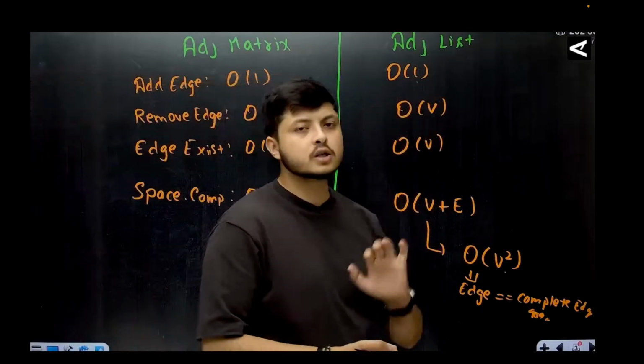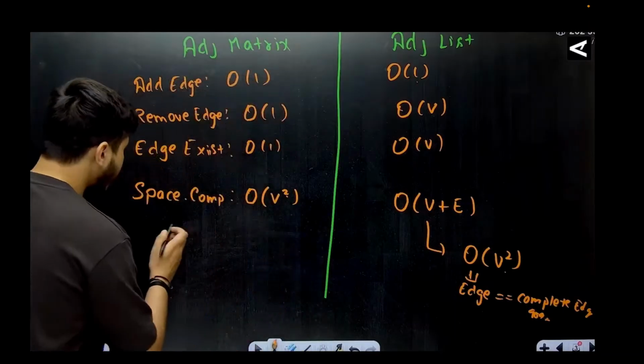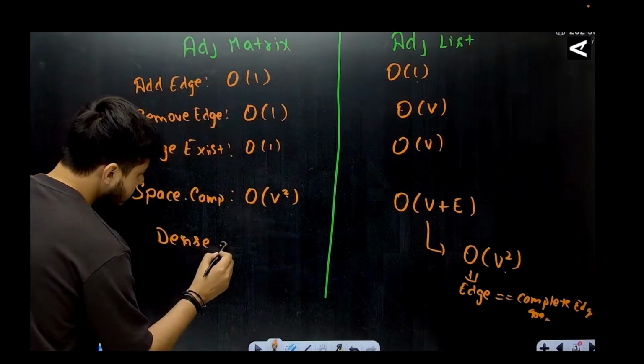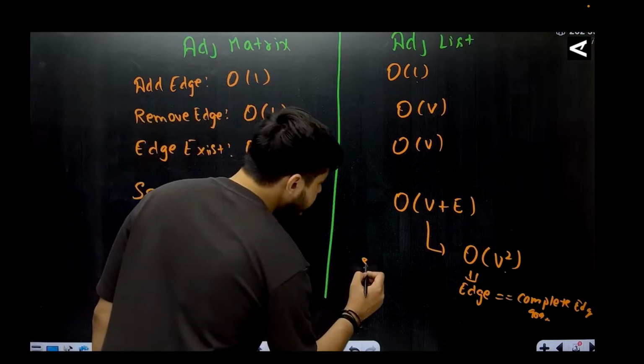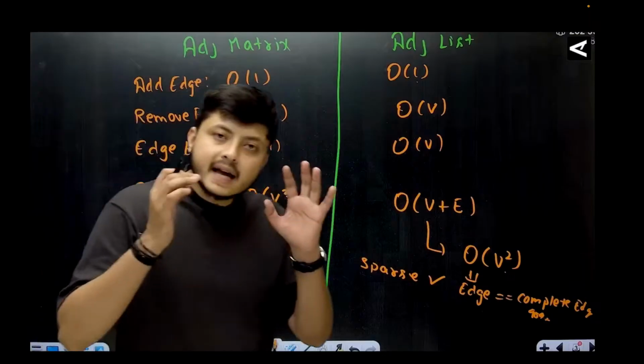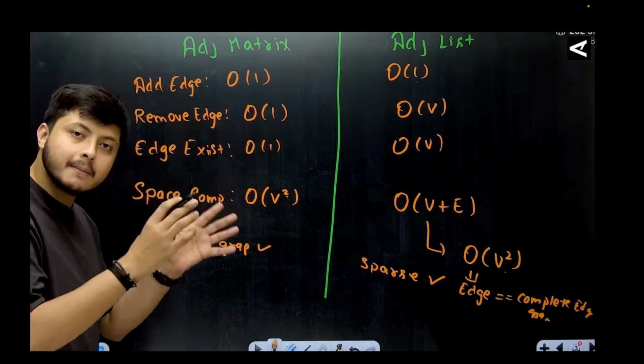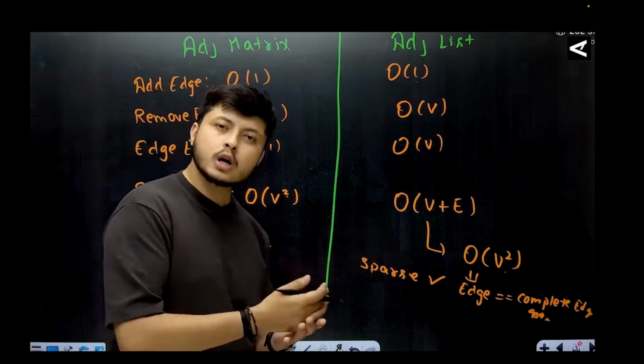अब मैंने ये स्टेटमेंट की बोली कि आने वाली जो हम प्रॉब्लम करेंगे उसमें एडजेंसी लिस्ट को ही ज्यादा प्रेफर करेंगे एज कंपेयर टू एडजेंसी मैट्रिक्स। देखो इसका कोई ऐसा हार्ड रूल नहीं है, इसके भी केसेस है। अगर आपके पास ग्राफ डेंस है, डेंस ग्राफ है, तो आप इसको प्रेफर करोगे, और अगर आपके पास स्पार्स ग्राफ है तो आप एडजेंसी लिस्ट को प्रेफर करोगे। ये डेंस ग्राफ और स्पार्स ग्राफ क्या है? डेंस ग्राफ वो ग्राफ है जिसमें नंबर ऑफ एजेस बहुत ही हाई है, मतलब ऑलमोस्ट इक्वल टू जो आपके कंप्लीट ग्राफ में होती है उससे ज्यादा एजेस है।